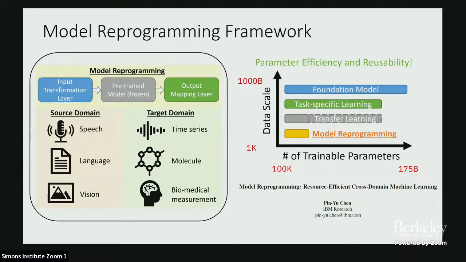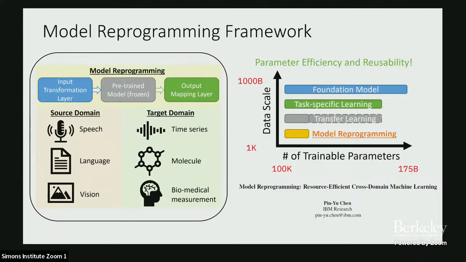Compared to different machine learning paradigms, foundation models need to train on a very large amount of data and have billions of trainable parameters, and similarly for task-specific learning. But with model reprogramming, we only need to train the parameters of the layers we inserted, so it's very parameter efficient, and you can understand why it also benefits differential privacy. I was very excited about this topic and wrote a survey paper on this direction as well.